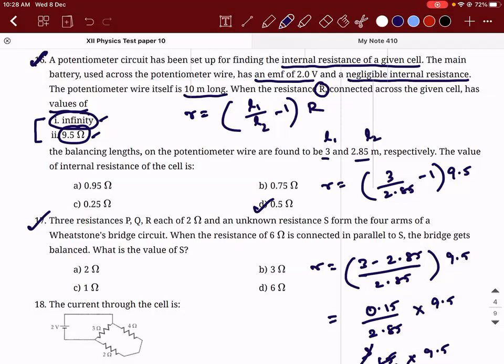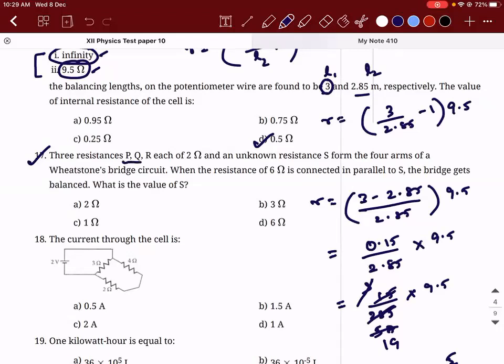Generally when you do this experiment, I'm not sure if you guys have done it, you would have seen a resistance box, right? Have you seen it or not? Please give me that confirmation. Yes, sir. You will keep removing the key from each thing to introduce the resistance. In that, they are trying to say a very high value is removed so that we will get a value for a balance length from the starting point. That is the reason why they gave infinity, nothing else. Okay.